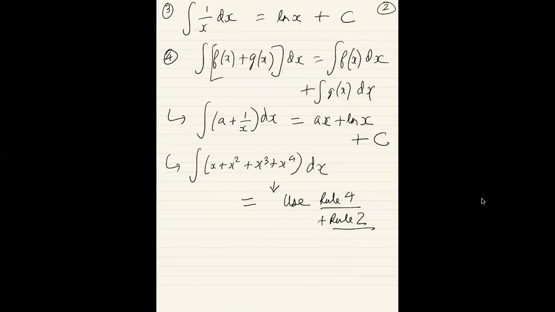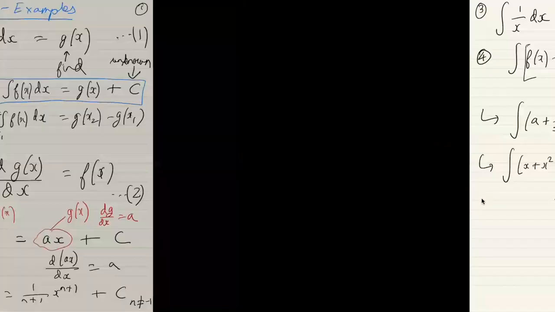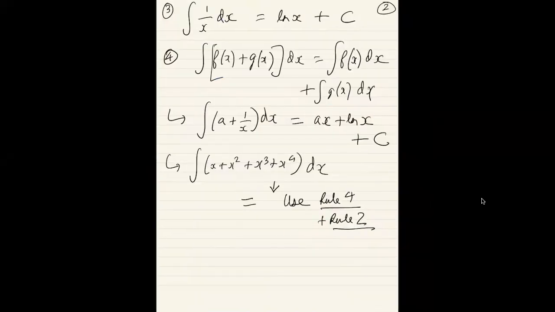So rule 2 gives you the general value of this for any n. It tells you for n equal to 1, n equal to 2, and all you have to do is to add all of them, because this would apply not just for 2 functions, but for any number of functions. Okay, now let's go to another integral, which is extremely common in chemistry and physical sciences in general,